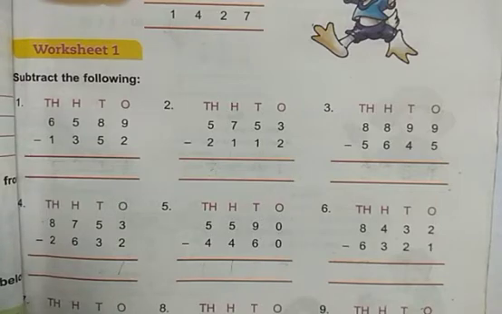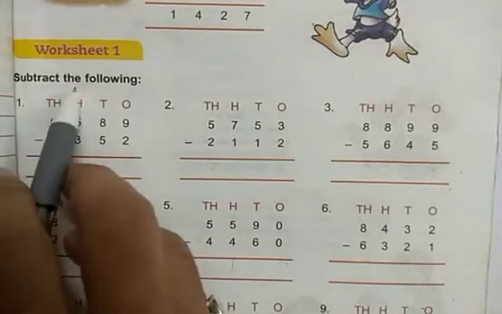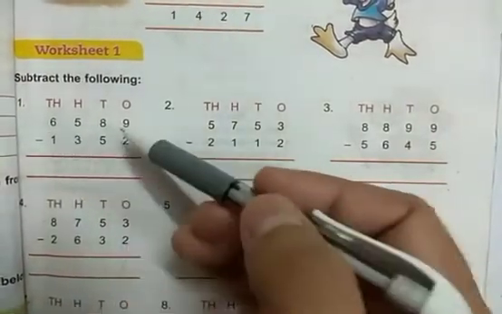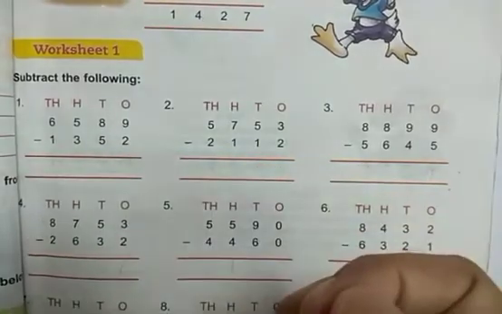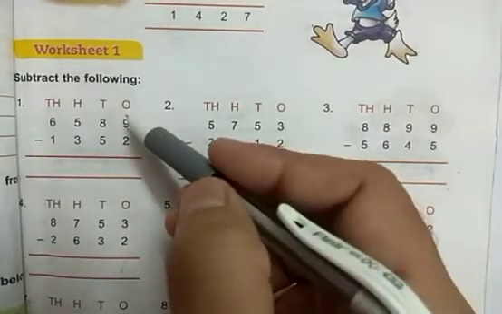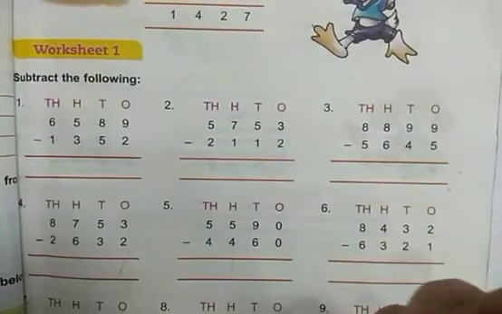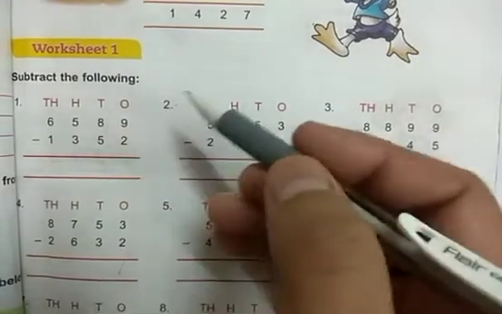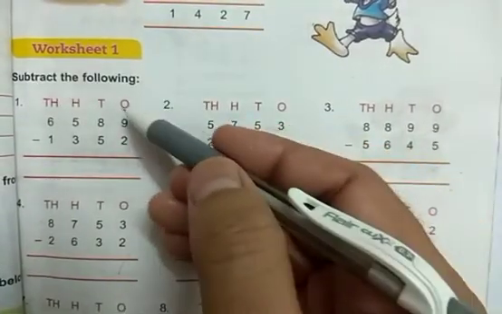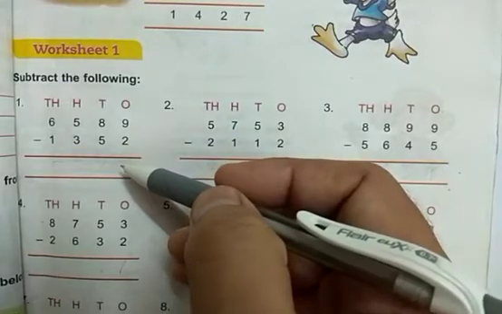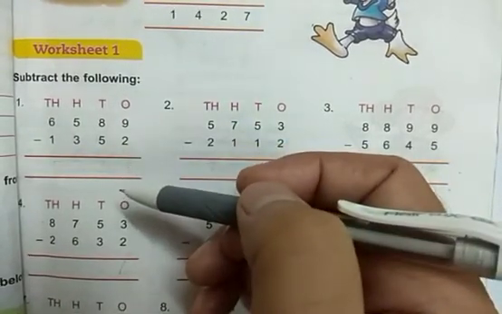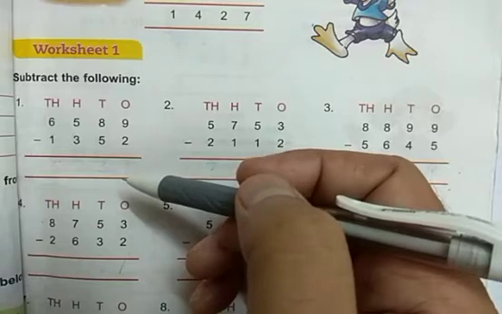So we'll start with worksheet number 1. Here the question is: subtract the following, and we have to subtract the given 4-digit numbers. Now you know that we start subtracting from the ones place. Always start subtracting from the ones place. So here,